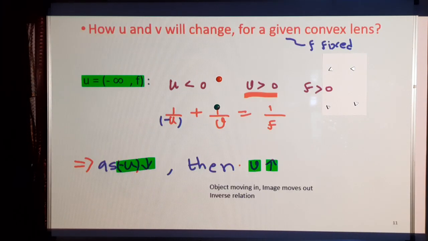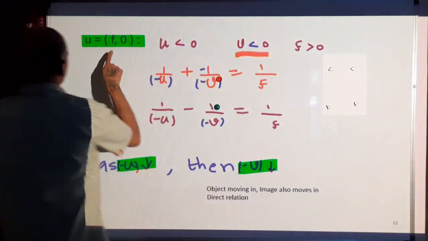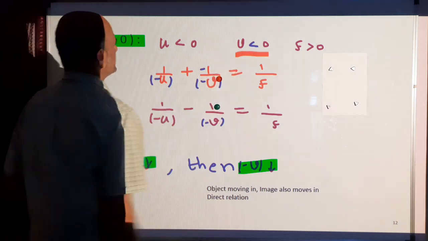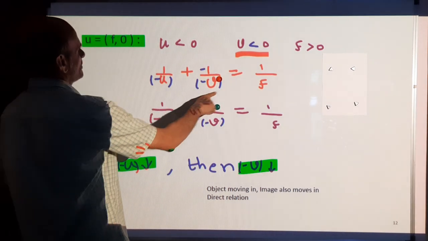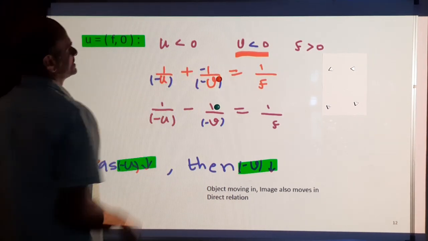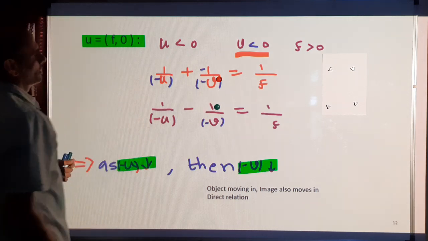Once it moves beyond the focal point, where the object is placed between the focal point and the lens, the image is a virtual image on the left side, so v is negative. So in this formula 1 by v minus 1 by u equal to 1 by f, since v is negative, I put a minus sign and a minus sign here. The quantities within the bracket are positive. So here it is,